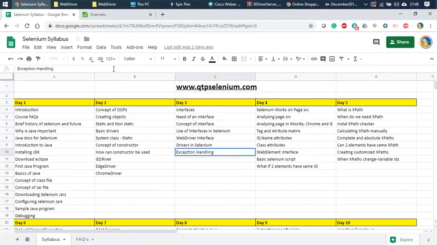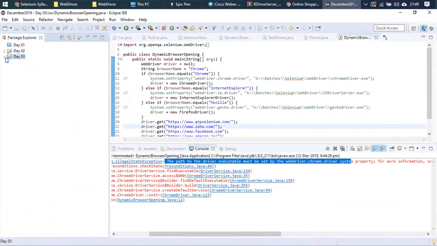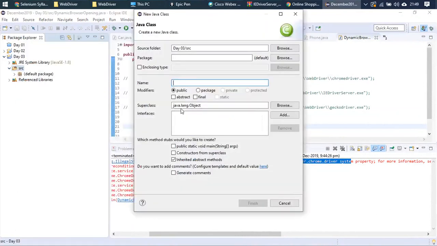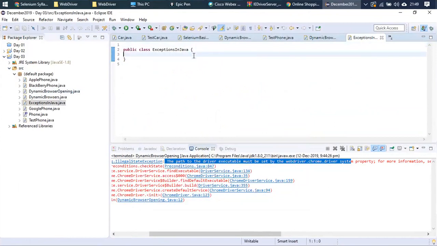So exception handling. Now what is exception handling and how would we be able to do that? For this, we need to create a new class, and I'll name this particular class as, say, exceptions in Java, right? So I have this name. Now over here in the main method,